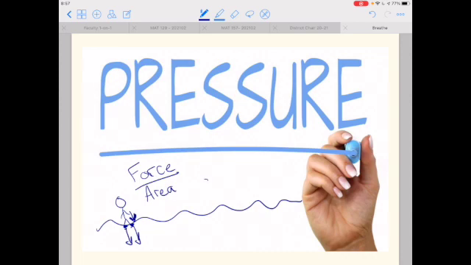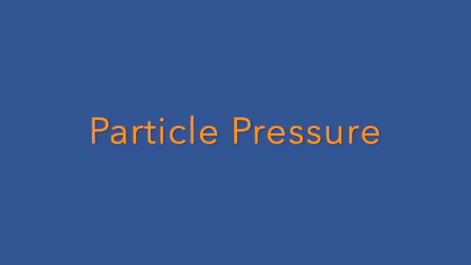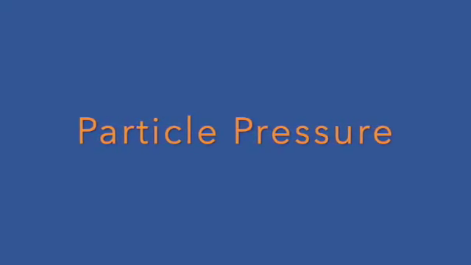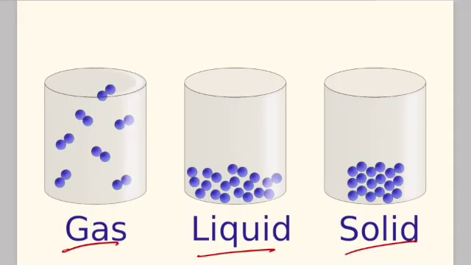But if you get yourself a pair of snowshoes, now you're applying that same force downwards into this deep snow, but you're applying it over all this big area. And so now the pressure is not as much that's forcing you down, and all of a sudden you're able to walk on top of the snow. So now we know that pressure is simply a force, a push or pull on a certain surface.